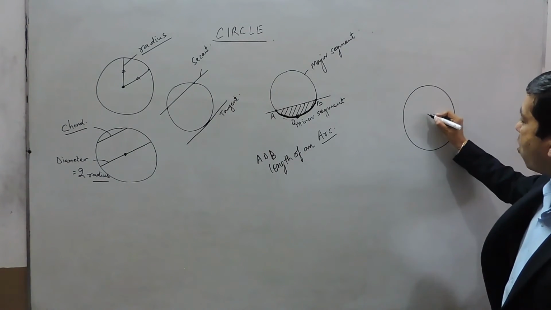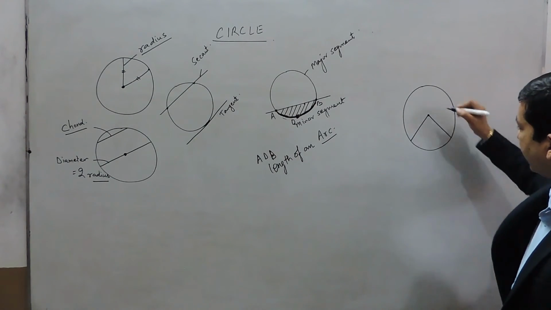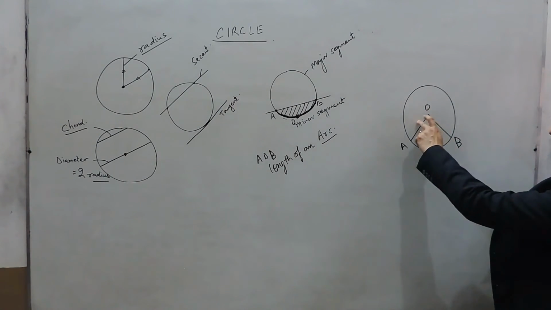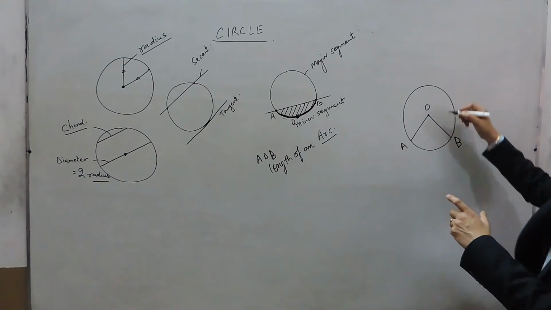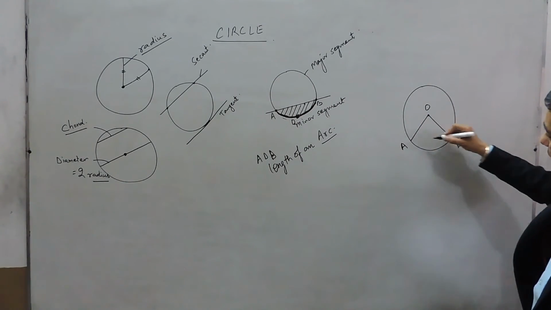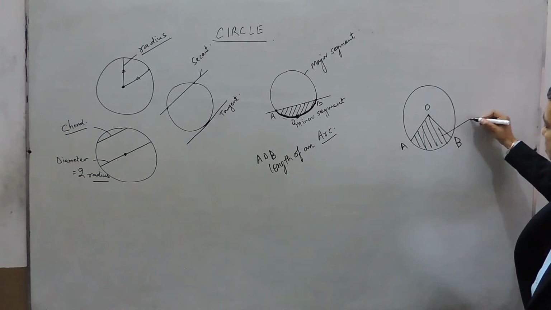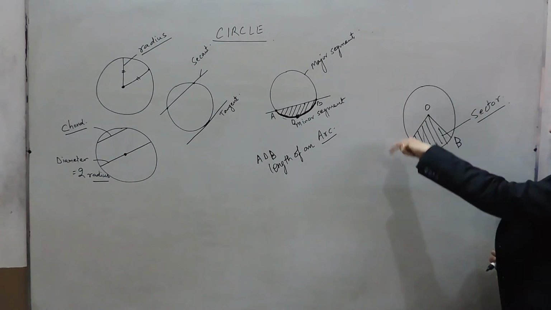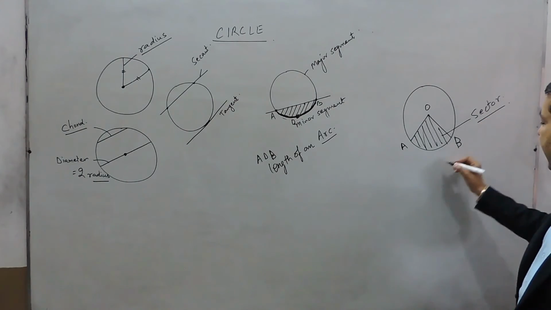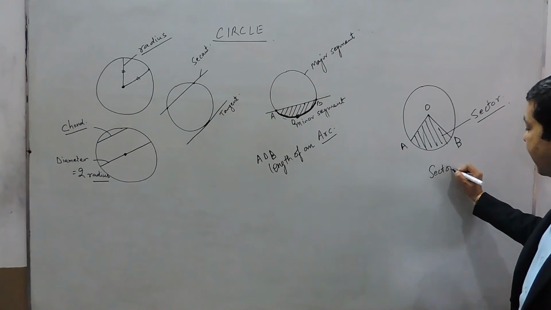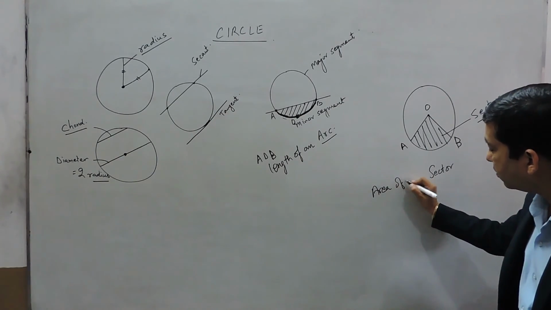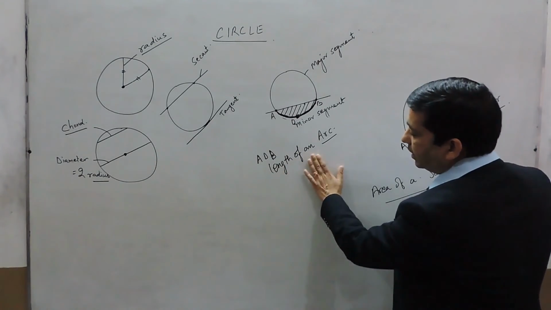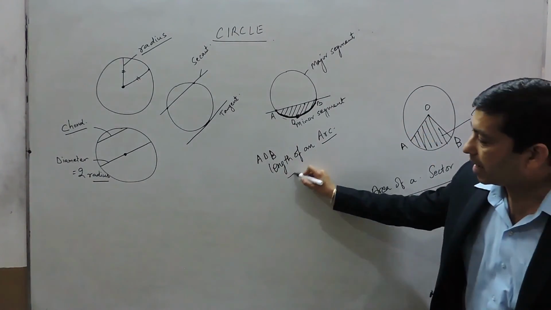There is one more important point: if from a point A we divide the circle into two portions, dividing the circle through radii OA and OB, then this complete portion is known as a sector. And this is basically a part of the area of the whole circle. So when we talk about the sector, it is the area of the sector which we talk about. It is not the length. While in the case of an arc, it is not the area, but it is a portion of the circumference. So this is the length of an arc.